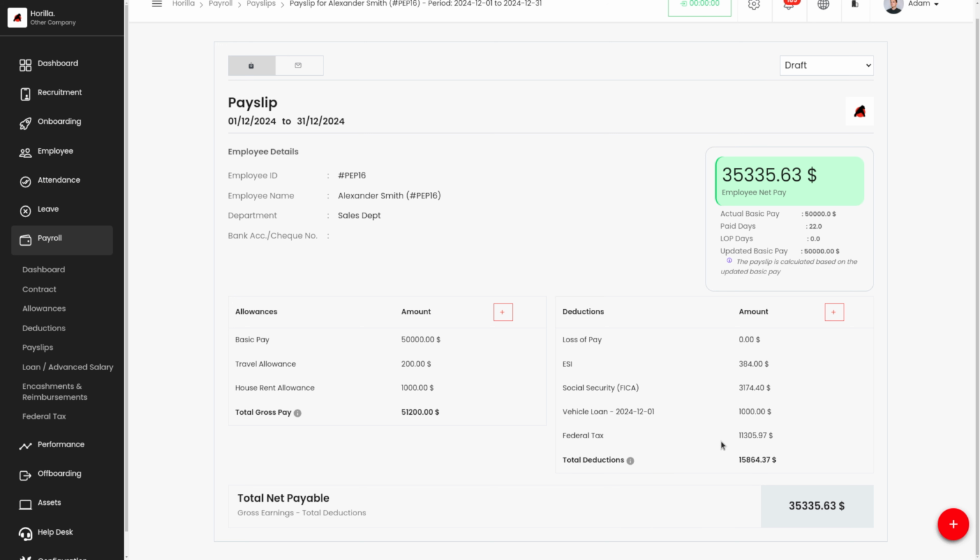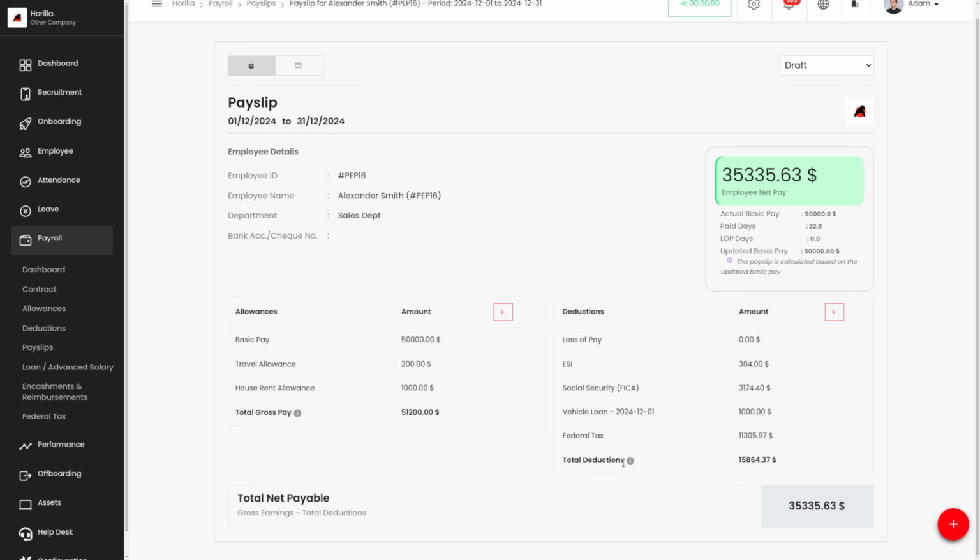The tax has been calculated to be $11,305.97, and then we can also calculate the total net payable, that is the gross earnings minus total deductions. So this is the total net payable amount to the employee.